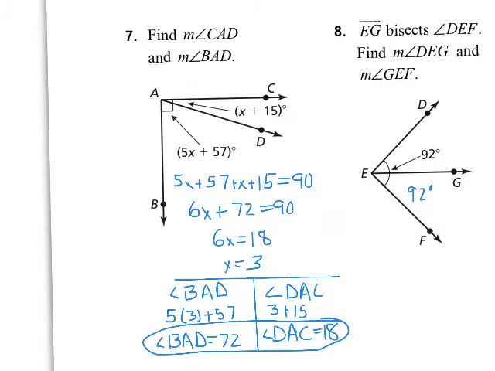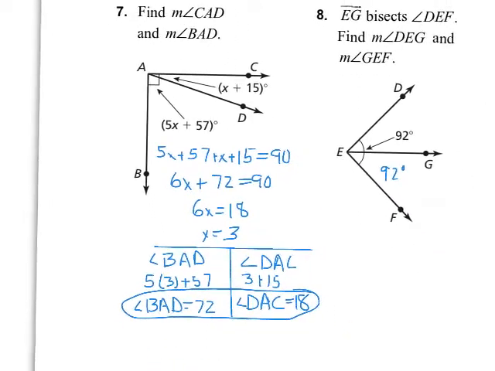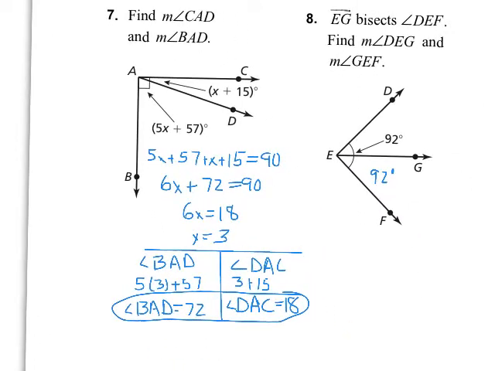Okay, let's look at the bottom 3. So number 7 tells me to find those two angles. Remember, you always have to look for what is given to you. And if you look closely, hopefully most of you saw the 90 degree right angle marker. So I know that this whole angle is 90 degrees. So that means if I add together my two angle,